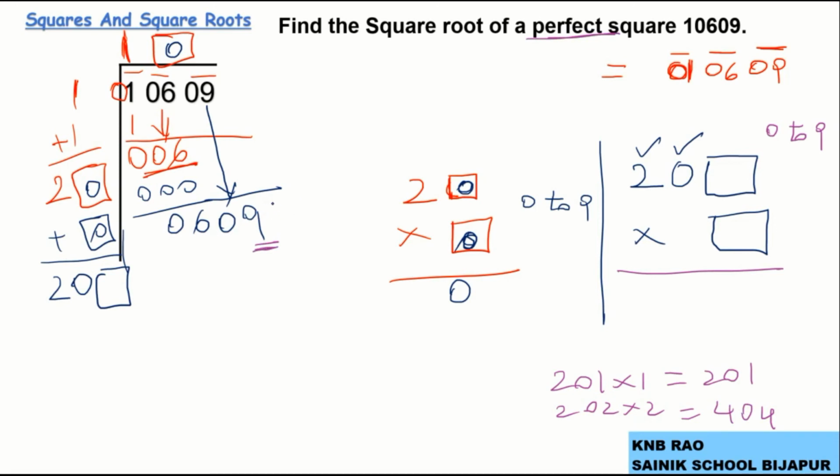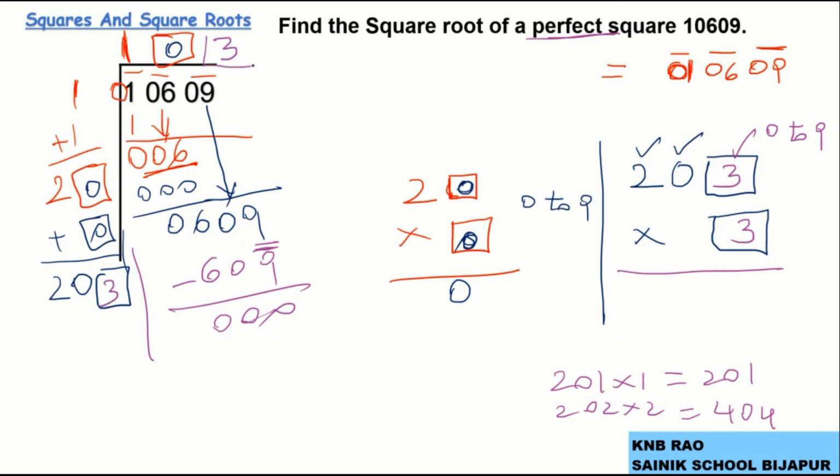in the remainder units digit 9, it can be 3 or 7. If it is 7, 200 into 7 is 1400, which is more than 600, almost 1.5 times. Here 3 is the optimal one. So 203 times 3 is 609, whereas the difference becomes 0. So who is that digit here to be chosen? Here digit is 3.